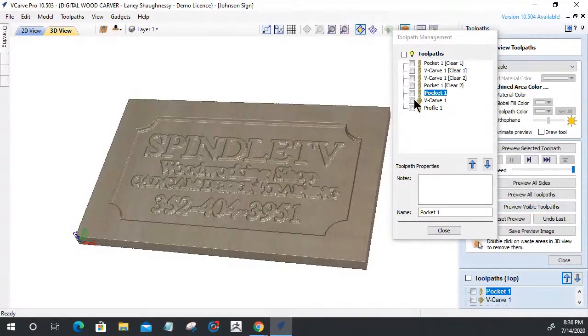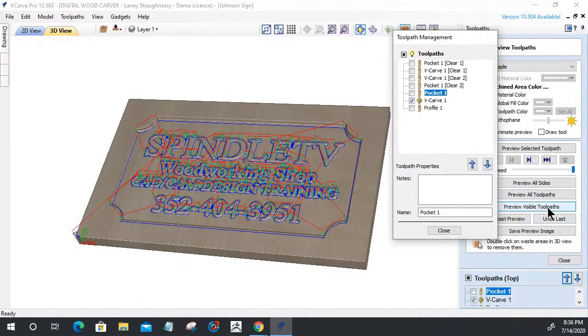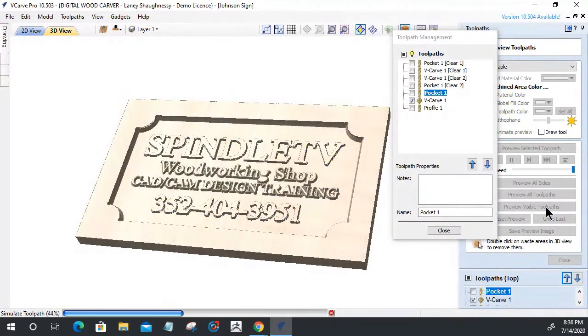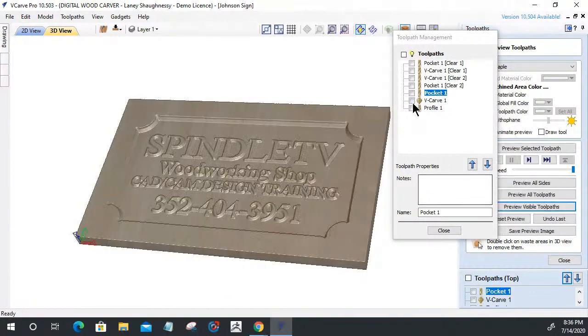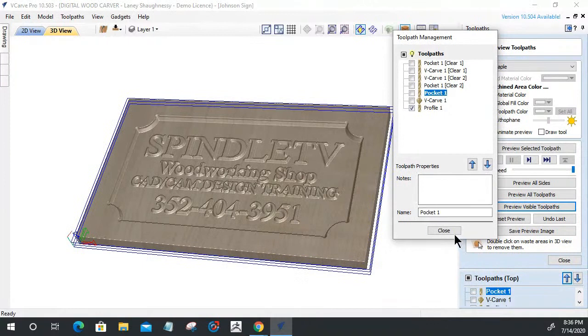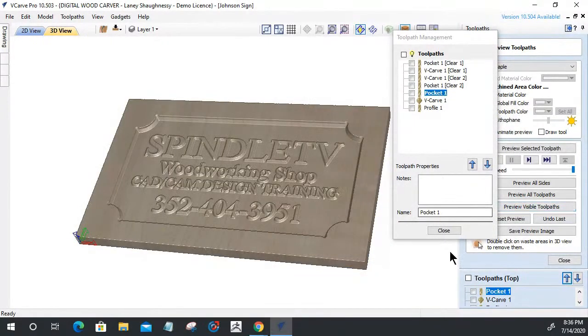And then my V bit would come and clean up my letters and all. And then finally my profile cut, which does not cut anything because I did it on the outer perimeter there, but it would come and do the profile cut, right? So